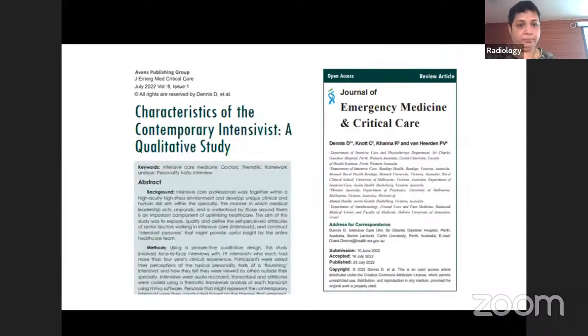So they did the study, characteristics of the contemporary intensivist. It was a qualitative study, and actually my questionnaire was an offshoot of this study that I went through. So I thought maybe we can do something like that in our scenario. What they simply did is, 19 intensivists, Australia and some other country. So what they did is they sat